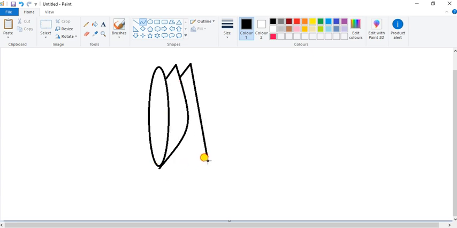Same point again and not here, there, nothing. Here only. Okay. Done. Now take your mouse pointer in the middle and drag it here. And click here only. Don't click anywhere.